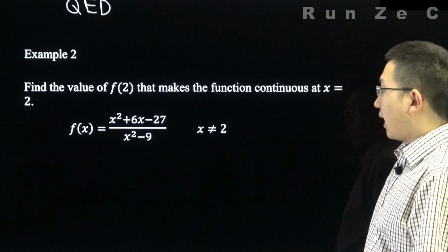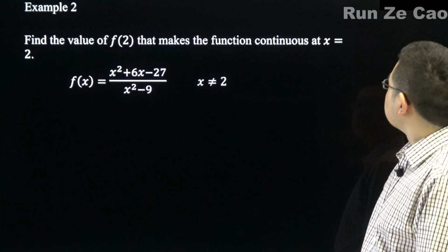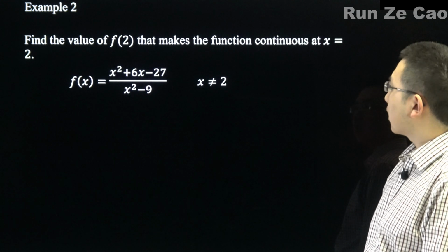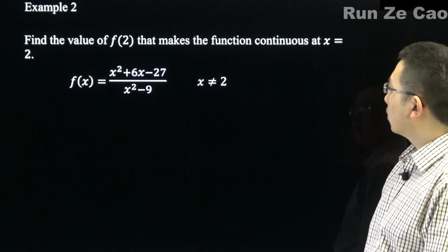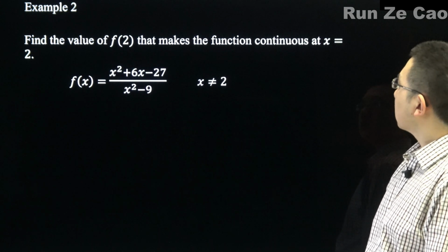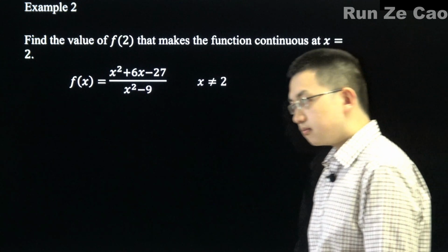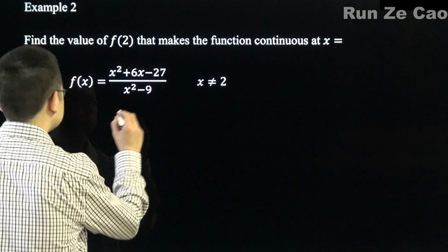Now, suppose we have to prove this. Find the value of f of 2 that makes the function continuous at x equals 2. Now, you notice something a little bit weird here, don't you? What